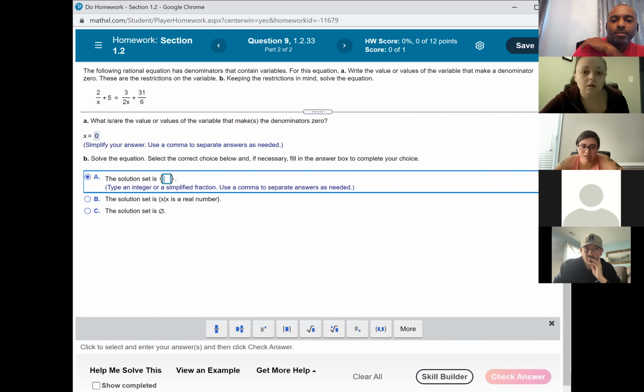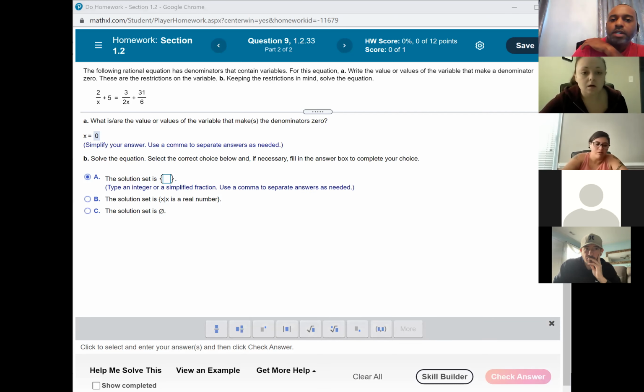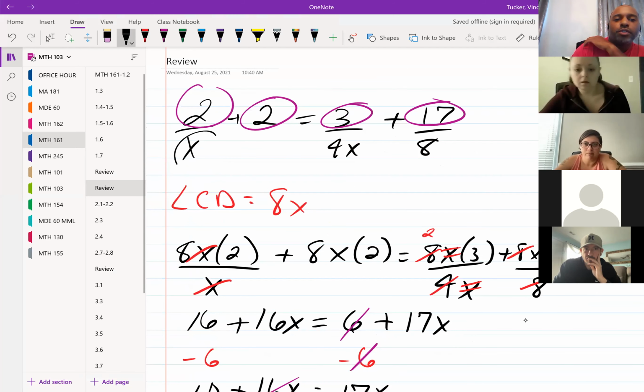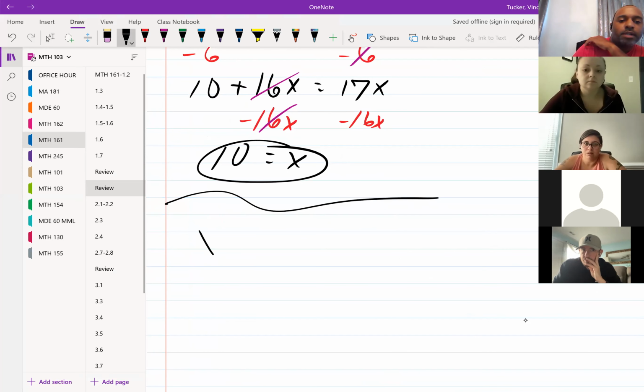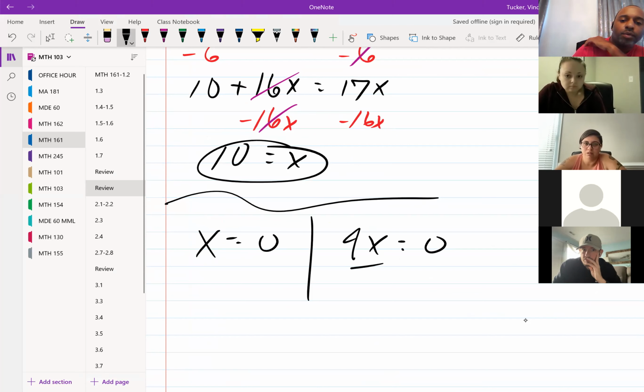All right, so let me show you. Let me get back to the notes. So they're asking you about restrictions. They want to know when is your denominator going to be equal to 0? In other words, you would just take whatever's in the denominator, set it equal to 0, and then divide this,